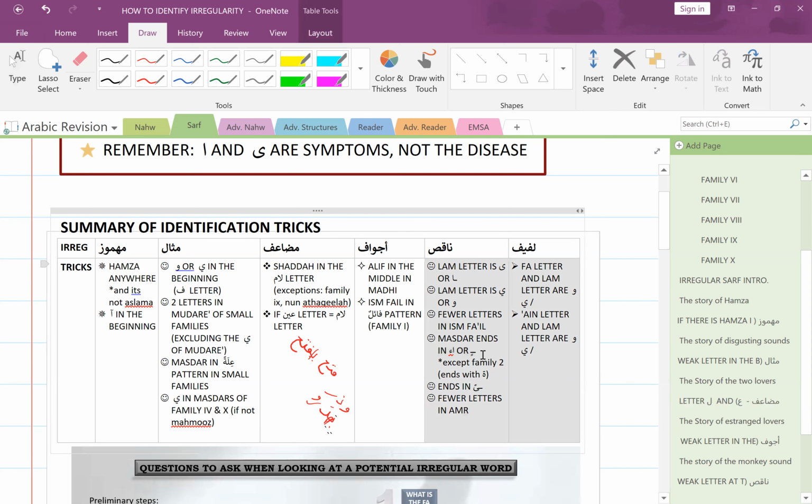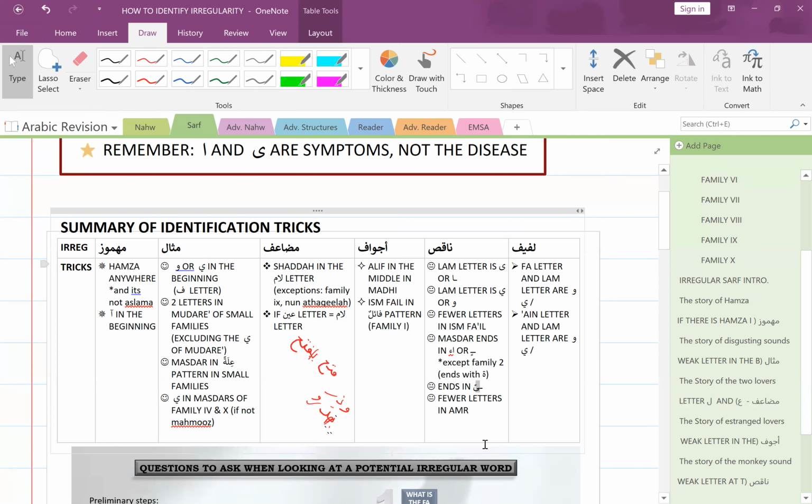Okay, so again, you see the masdar, it's going to end with an, or it's going to end with in, unless it's family 2, where it ends with a ta marbuta, like we just did. You have tasmiyatan, for example, or tahiyatan. We just did tahiyatan. So you see that ta marbuta there? It's important. The isim maf'ul ends in an, or if you see an anywhere, again, it sounds shorter, muzakkan, or in the small family, it's going to be maf'iyun, mad'uun, but in the big families, it's going to end like this, an.